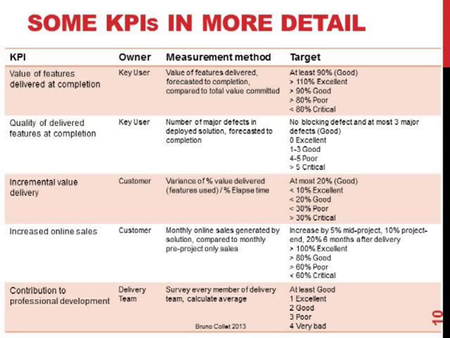It's very different. The measurement method, as I said earlier, is as simple as possible to enable decision making. No need to go into too much detail and to calculate things with 10 digits. It is usually useless, okay? We need just enough information to make decisions, which is also why we have targets, because usually scores like excellent, good, poor, critical, and so on are good enough for decision making. If we need more, we might drill down into the supporting metrics. But the KPIs, by definition, as a decision-making tool, have to be simple.